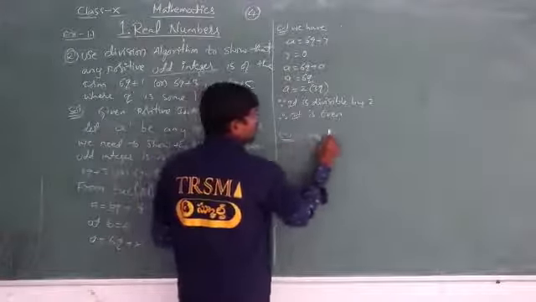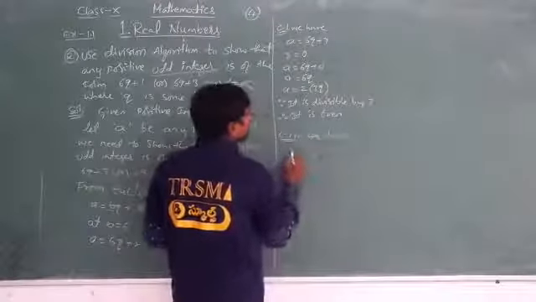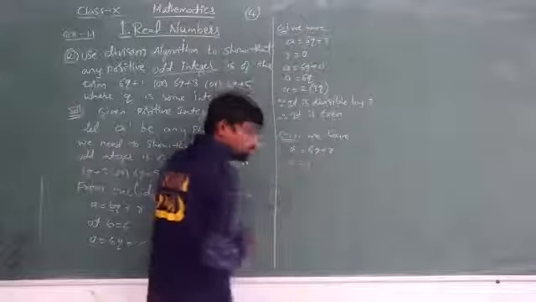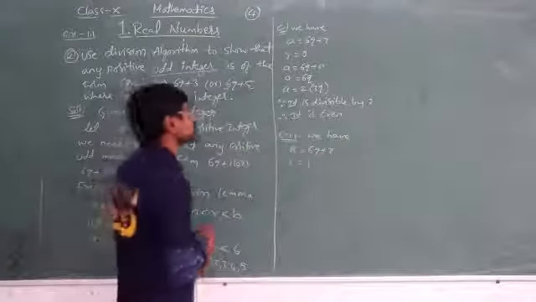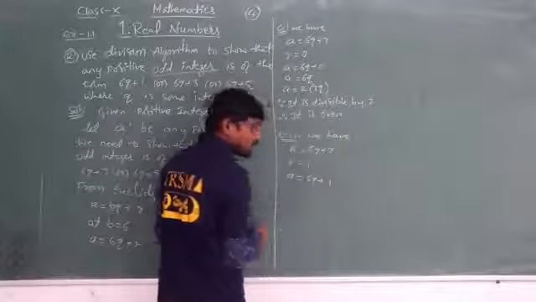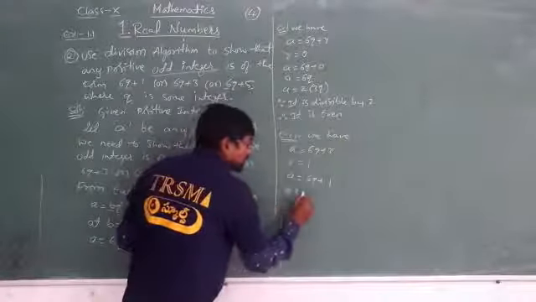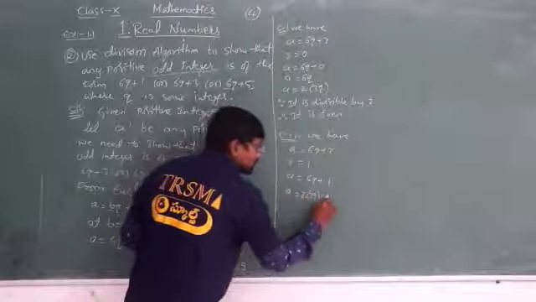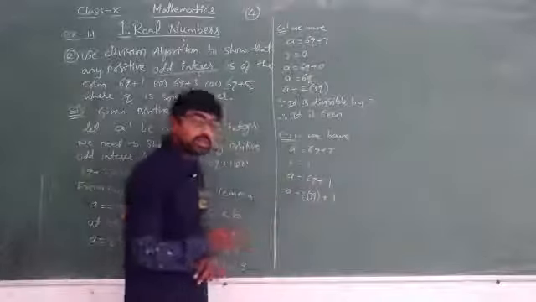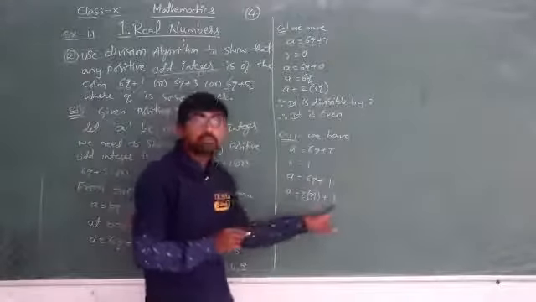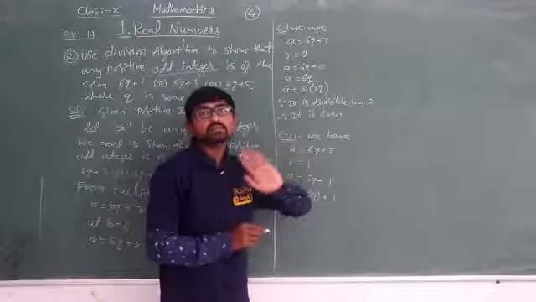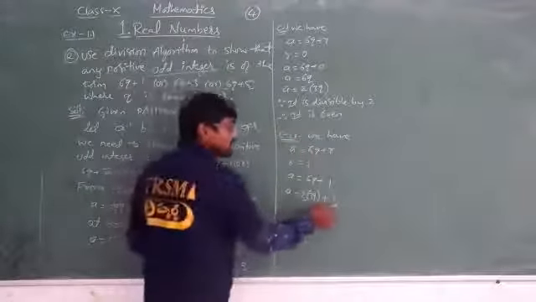Now coming to the second case, case number 2. What is case number 2? We have the same thing to repeat. A equals 6q plus r, where r equals 1 in this case. We have to substitute r equals 1. Now what do we get? A equals 6q plus 1. If I take a equals 2 into 3q plus 1, isn't it? It is divisible by 2, yes, absolutely. But 1 will remain. The remainder will remain 1 separately. So the remainder here is 1.